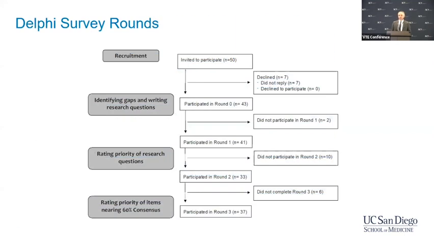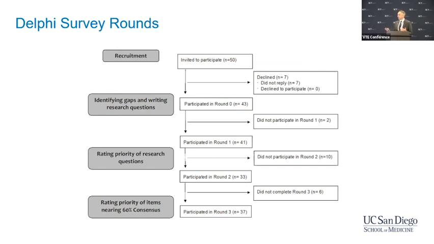And this is just to show the Delphi rounds. Just really briefly to take you through the process, the panelists were given some reading and some background, which again was a little difficult with such a wide panel, but allowed the panelists to generate research questions. And we asked them to give us those questions in a PICO format to have some structure. As you'll see, unfortunately, many of them are not in the PICO format, but that's okay. And we really generated this incredibly long list of research questions.